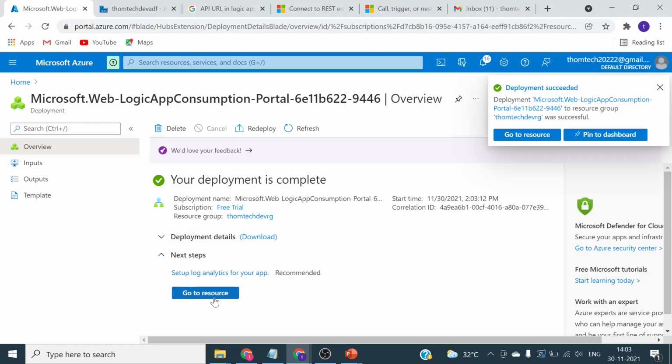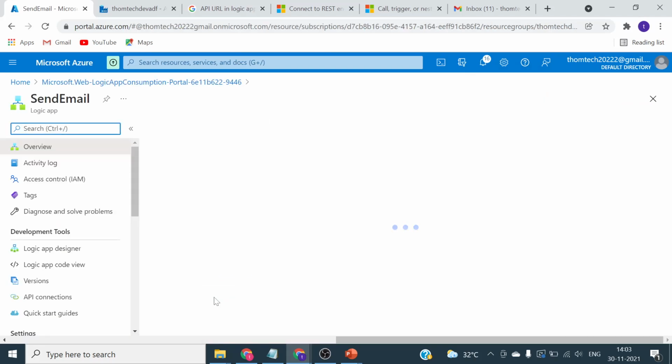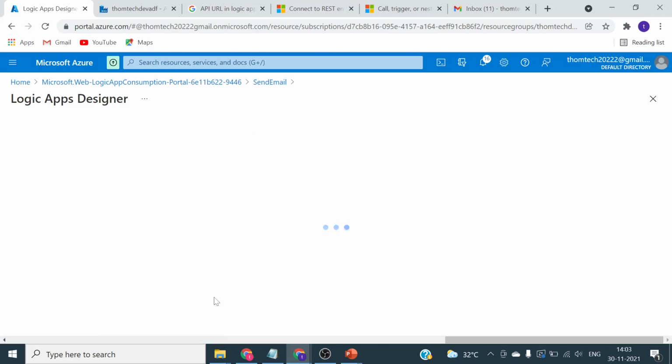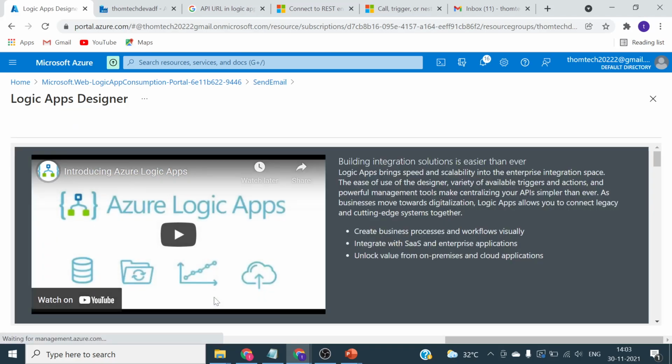So let me go to that logic app that we have created. What is this logic app? This logic app will provide us a UI interface to create or send out email notifications, also to move our data from a file share, and also to apply triggers, such as when a file comes to a path or a blob, or when an email is received. So multiple things we can achieve, and we need not know any coding language for this. We will have a UI which we can drag and drop, apply some pre-built functions, and we can write our own set of logics. That's what we have for a logic app.